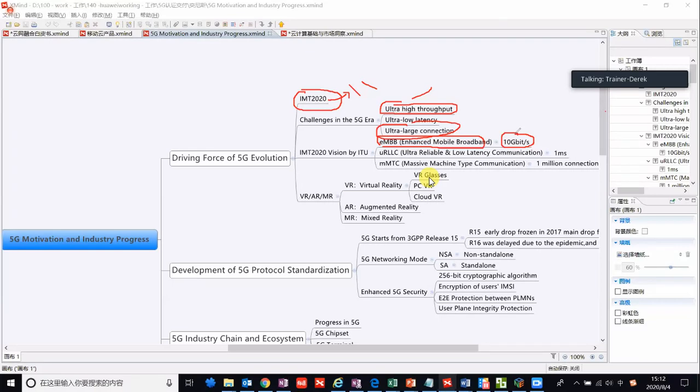For URLLC, we need to meet the 1 millisecond end-to-end latency requirement. And for mMTC scenarios, we need 1 million connections per square kilometer. This is the ITU's vision.